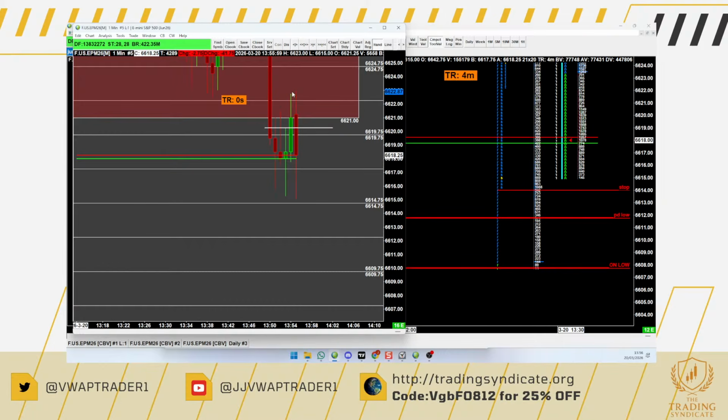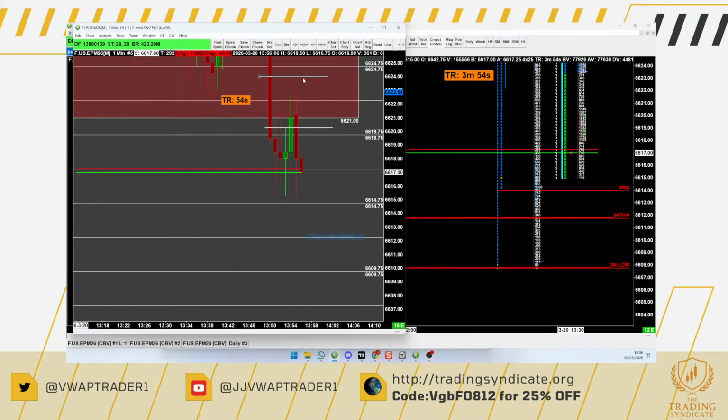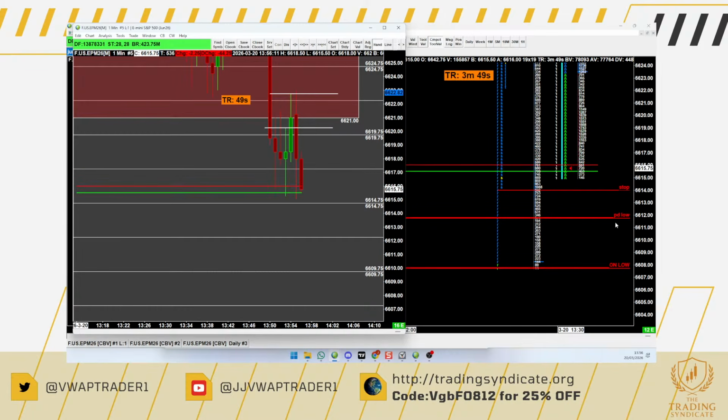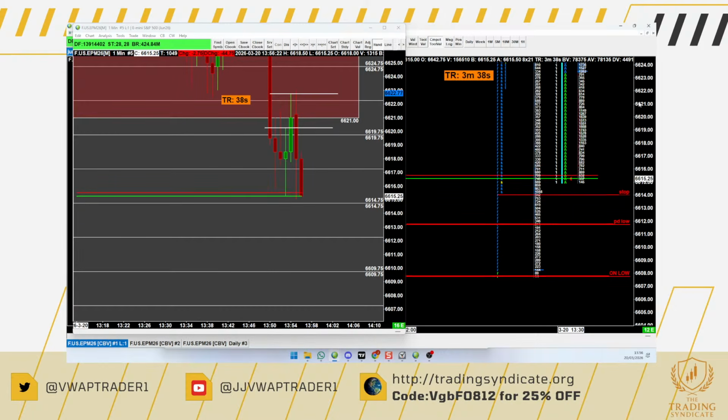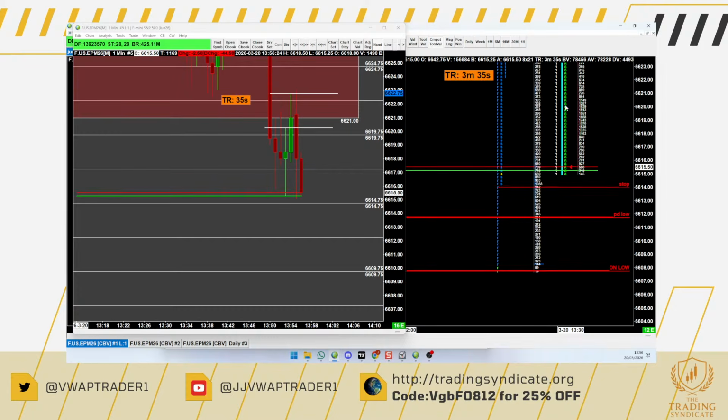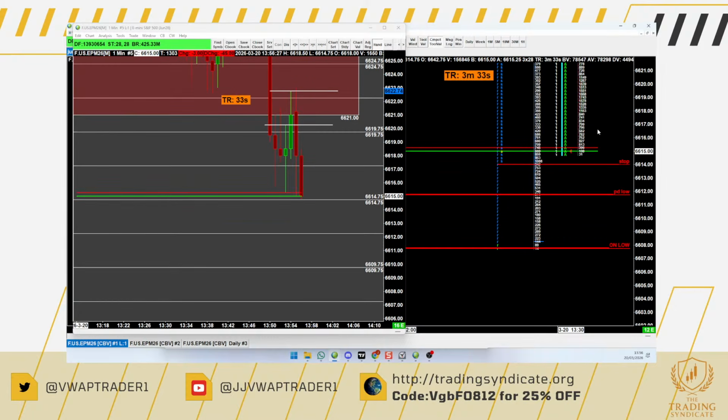Big green candle, where are they going to sell into it? They sold into it into 22. So now you know that there are sellers at 22. So if this thing does a look below and fail, previous day overnight low, and you went long, say 13, 14, if it did a look below and fail of 12, then you know at 22 there's going to be a seller. Watch. And this is how you can think through the process, because you actually know what's going on. Right? None of this is random.